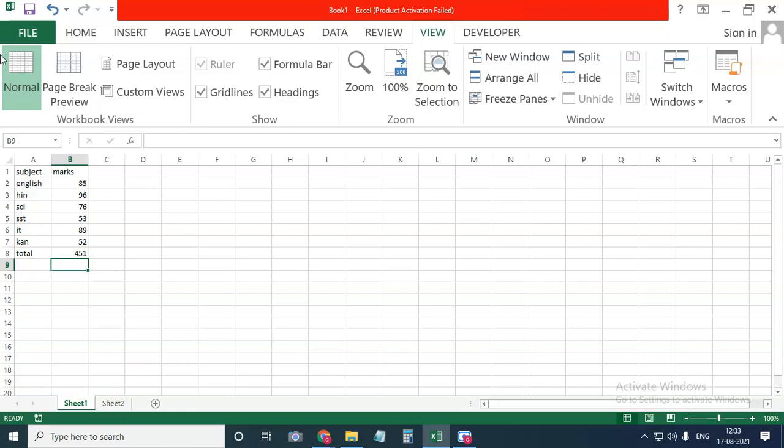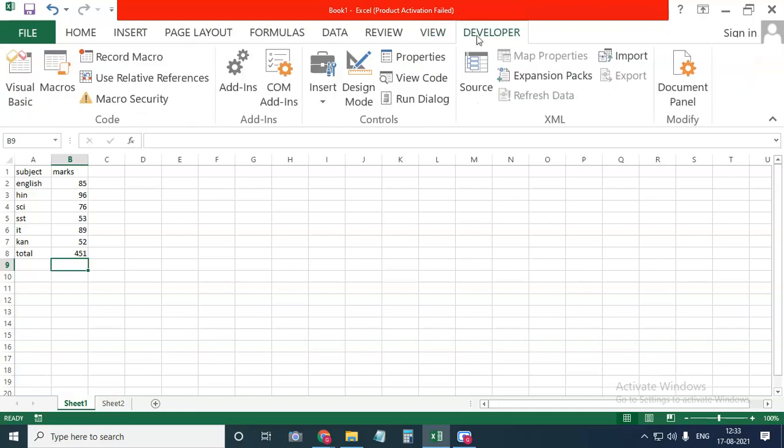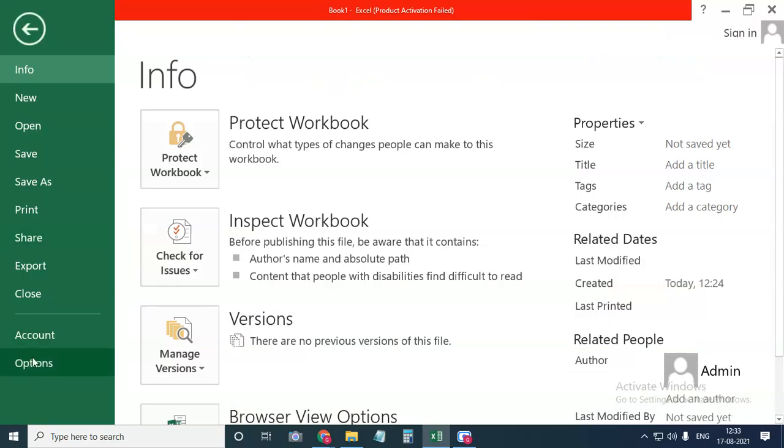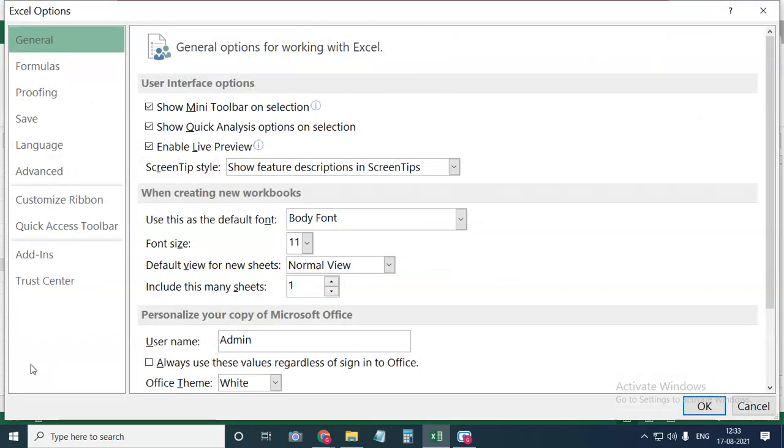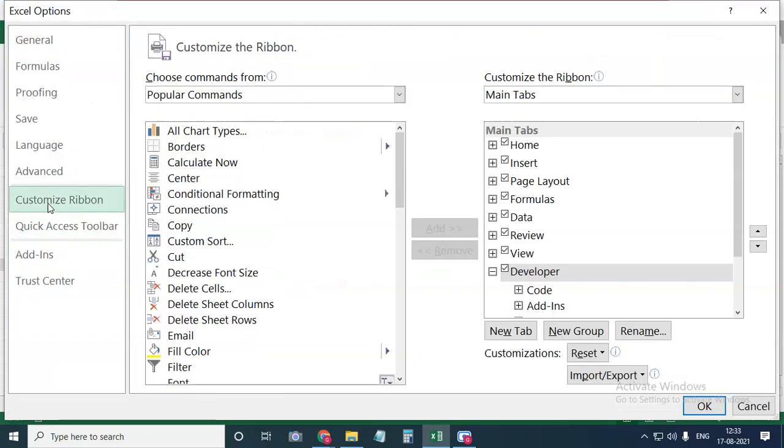We are going to use VBA for your macro coding. To enable the Visual Basic language, here the Developer tab is already there. If you don't have Developer in your Excel screen, then in the File option, you have to click on Options. In Options, you have to select the Customize Ribbon option.